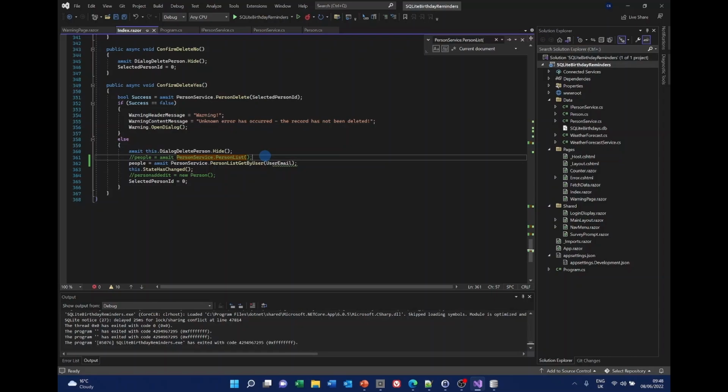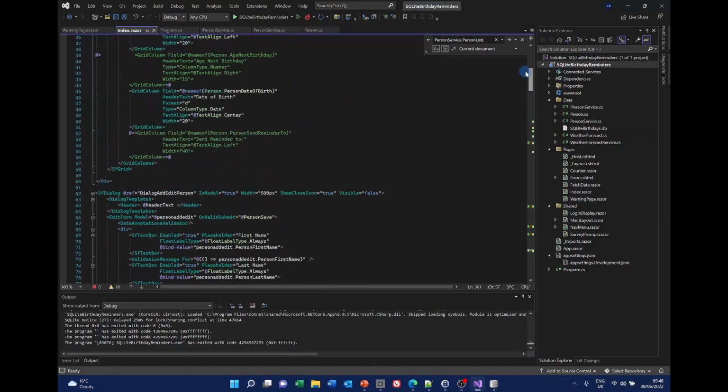Ordinarily, I would run the system at this point to check that it's working properly, but I've just realized that all the data that I have has been entered by me, so we're not really going to prove very much. Now, if we go back to the top of the code for the index page,